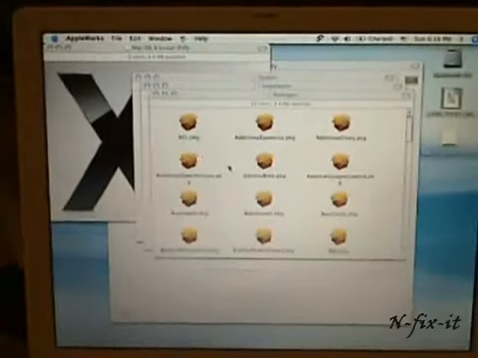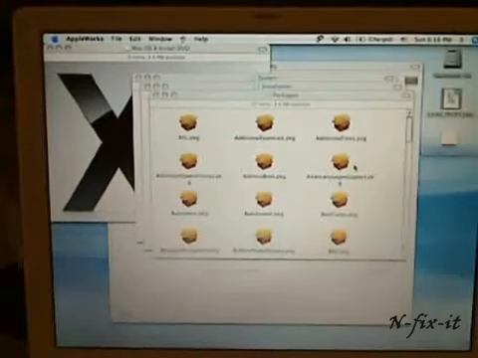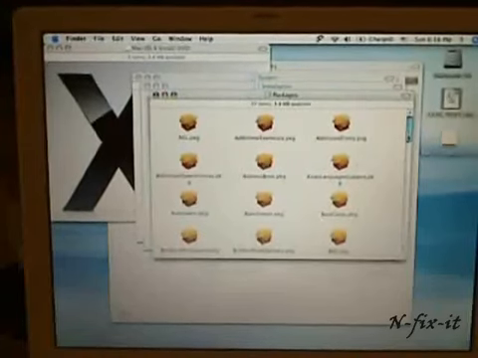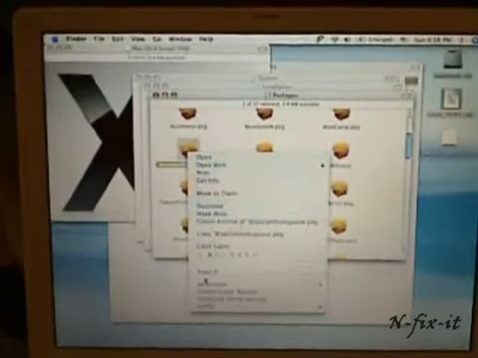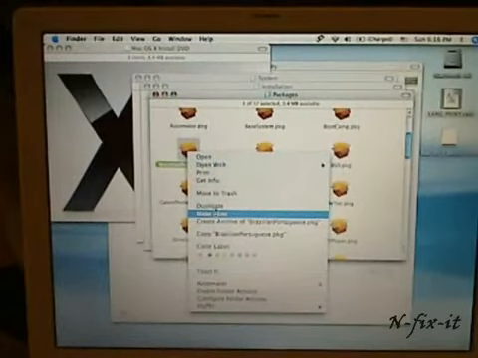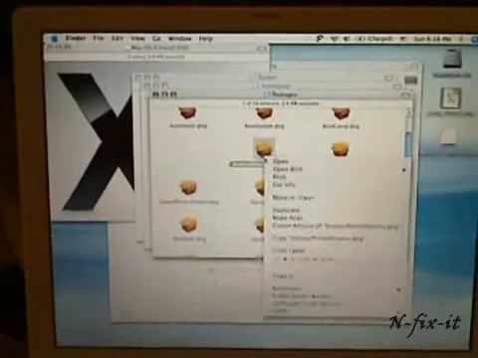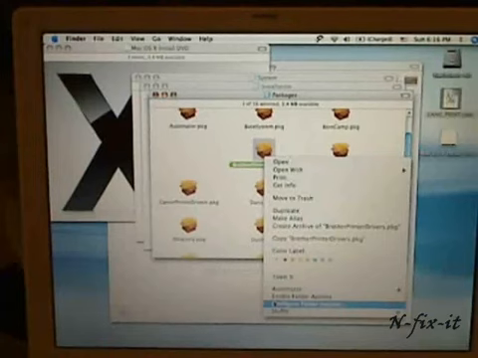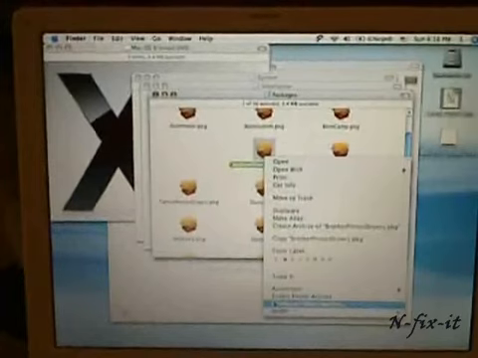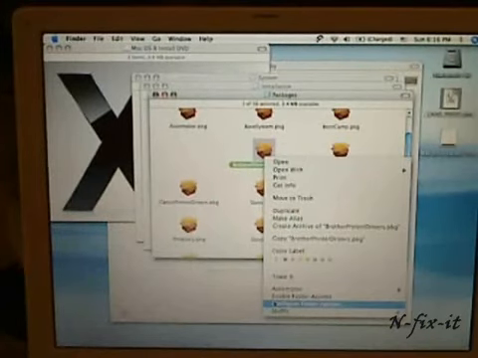Okay, so let's go through the files that we're going to get rid of. The first you see here is the Brazilian Portuguese package. Then the Brother printer driver. Now if you know you have Brother printers, or for any printer driver here, you can keep it there. You don't want to go crazy, or you can get rid of everything, and once you install Leopard on your new system, you can always install everything that we're deleting now. This is not actually being deleted from our